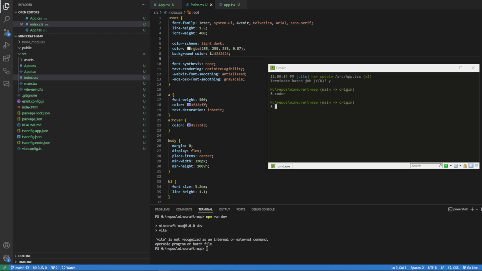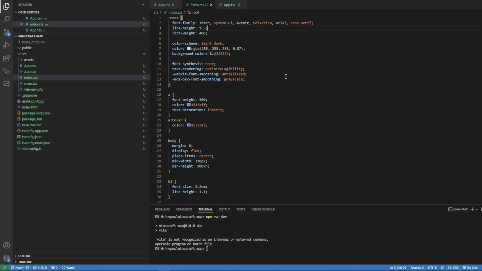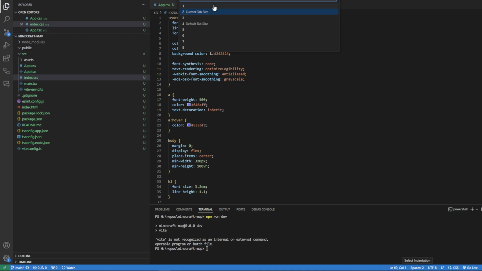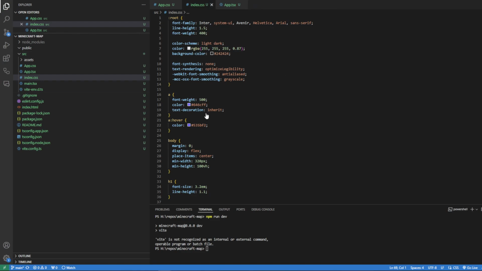Okay, I like what are called CSS resets, and I'll copy this from here, put this into here, and what this does is it basically, first of all, one thing I like is I like to have four spaces, not 3, and so